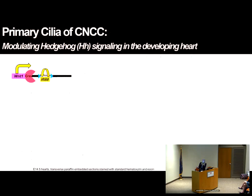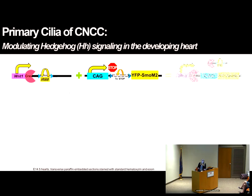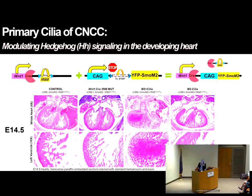Okay. So the last phase of the experiment was really to look at the signaling aspect, and we did so by introducing a mutant smoothened receptor. Again, that's the receptor that in the mutant context is going to be operating in the absence of sonic hedgehog. So we combined that with our cilia conditional knockout, and what we found is a very similar phenotype. In fact, so here's our control. Here's our original conditional knockout, and the